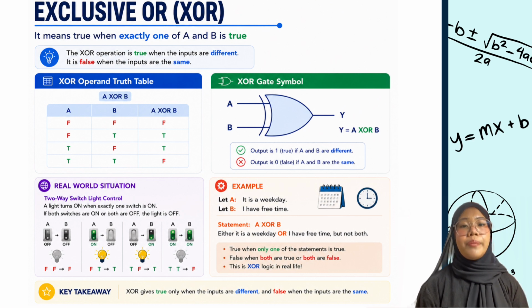For the example, let A represent it is a weekday and B represent I have free time. The statement A XOR B means either it is a weekday or I have free time, but not both at the same time. Therefore, XOR is true when only one condition is true, and